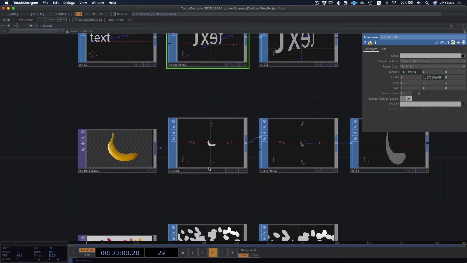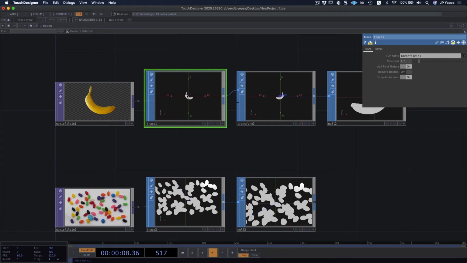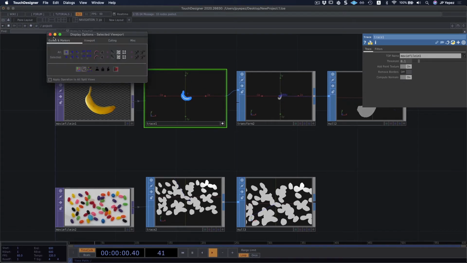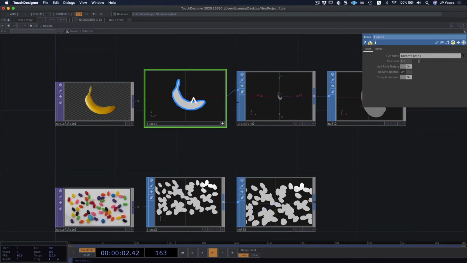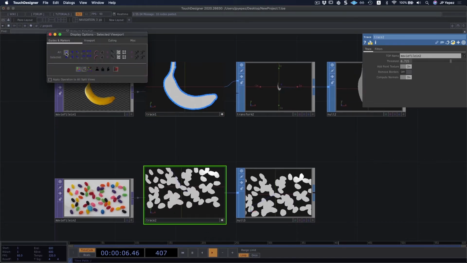We also have trace, which is a clever way of turning our images into geometry. Take a look at the points and try to take a closer look at each one of the figures as you transform them. It's definitely worth checking out.